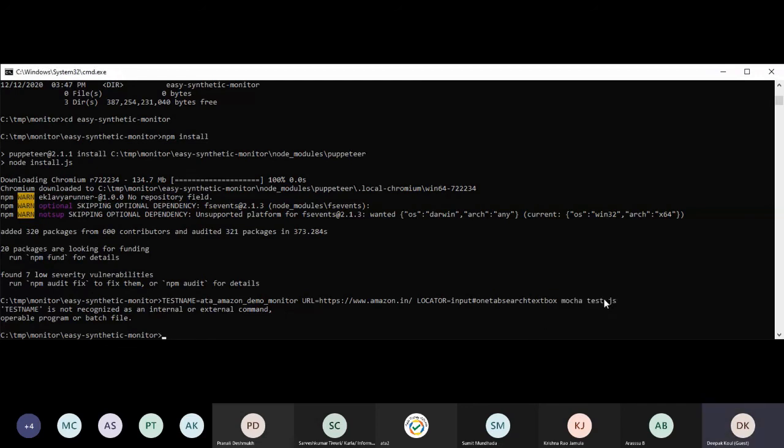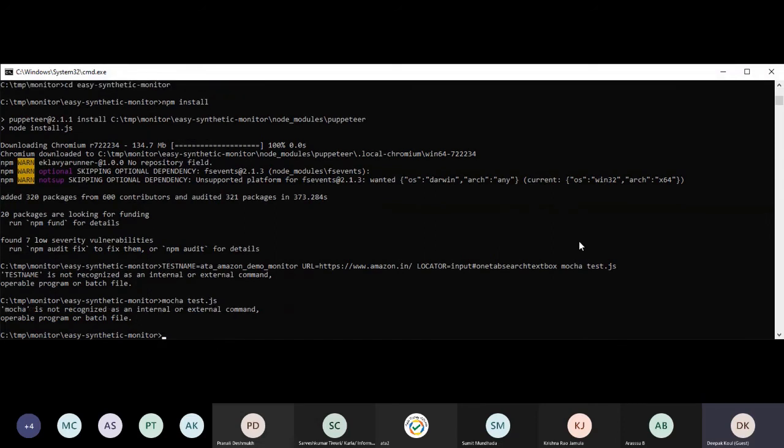I don't know. Maybe in Windows we write environment variables in a different way. I don't know. Let me check. I think Mocha also not found. It looks like. Let me check. Give me a second.